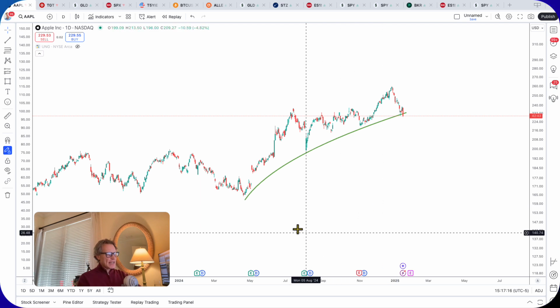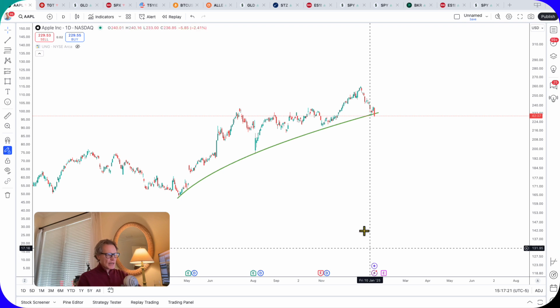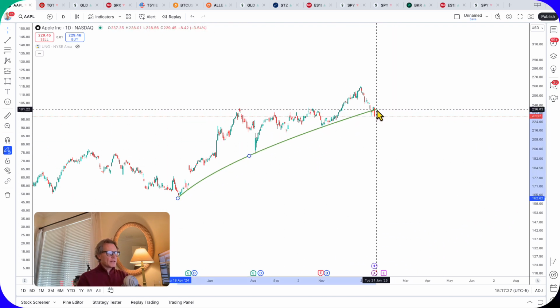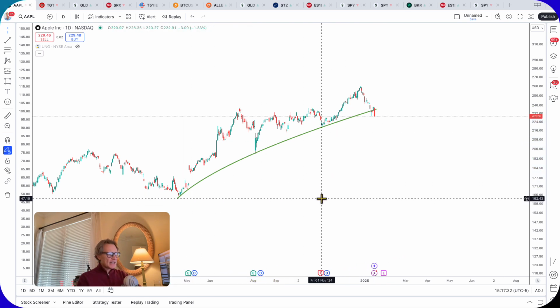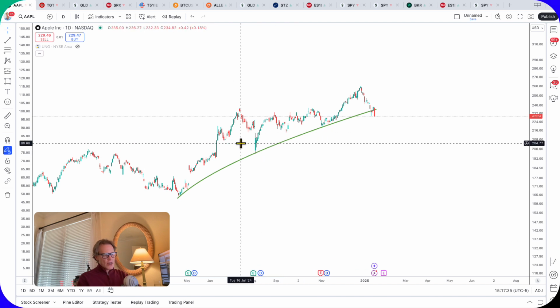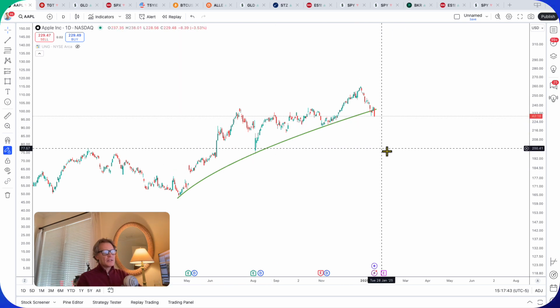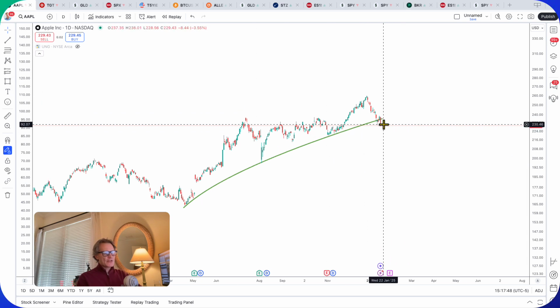So Apple here, for example, is actually, as I'm recording this right now, about to break essentially a very simple support line here that I drew in from April of last year. This is not any support line. This is actually an arch that this stock has been trading in for the most part since April of last year. And this is probably not of any meaningful insignificance. In fact, even if we were to bounce from here, the odds of starting to make a lower high is actually quite high given the broader market structure.